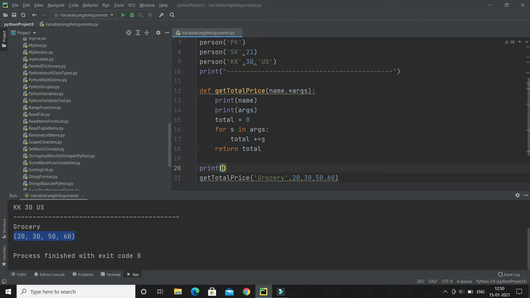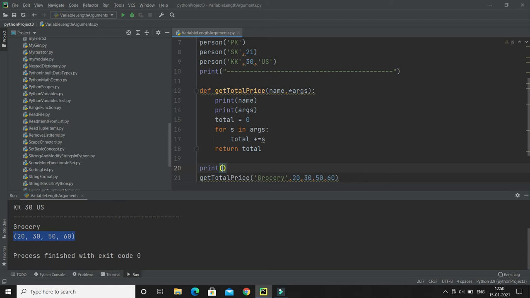Now the next thing we are going to talk about is double asterisk kwargs. This is called the keyword variable length argument, right? Let's say here I'm passing a list of prices of grocery, but we are completely unaware which grocery 20 is the price of, and which grocery 30 is the price of.